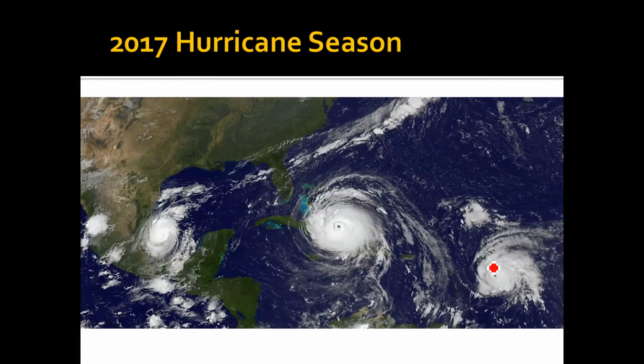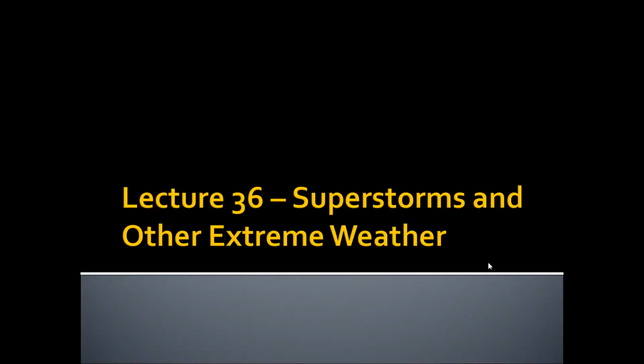But it doesn't always happen that way. Some years there's a lot of wind shear over the Atlantic, and so storms can't form. Other years, the waters are too cold, or other years, there's more mid-latitude cyclone activity. And actually, in the next lecture, we're going to talk a little bit about what are called superstorms and how hurricanes may play a role in them. And we're also going to talk a little bit about if climate change